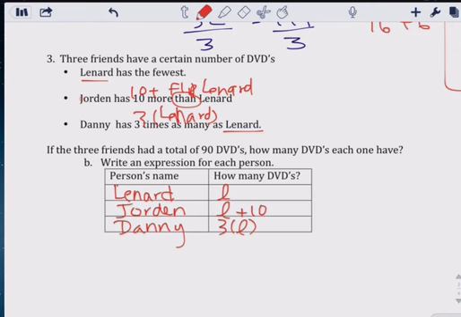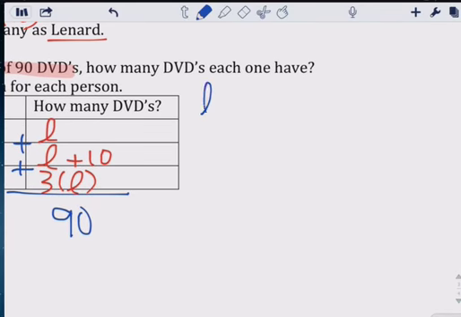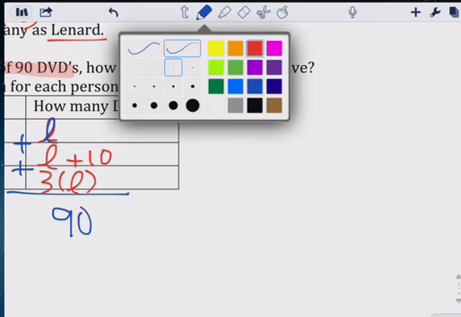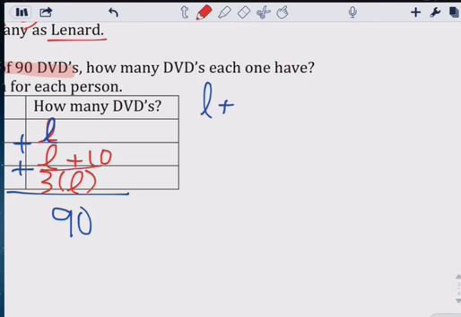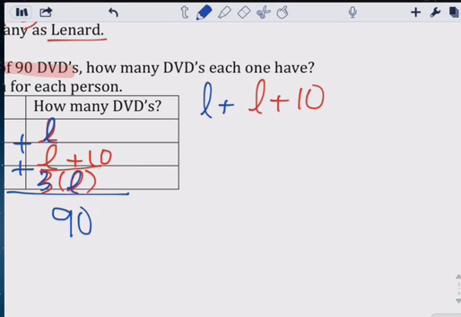If the 3 friends had a total of 90 DVDs, so add these all together. Total means add them all, and you'll get 90. So Leonard, that's this L right here, plus L plus 10, plus the last one there, 3L, and it has to equal